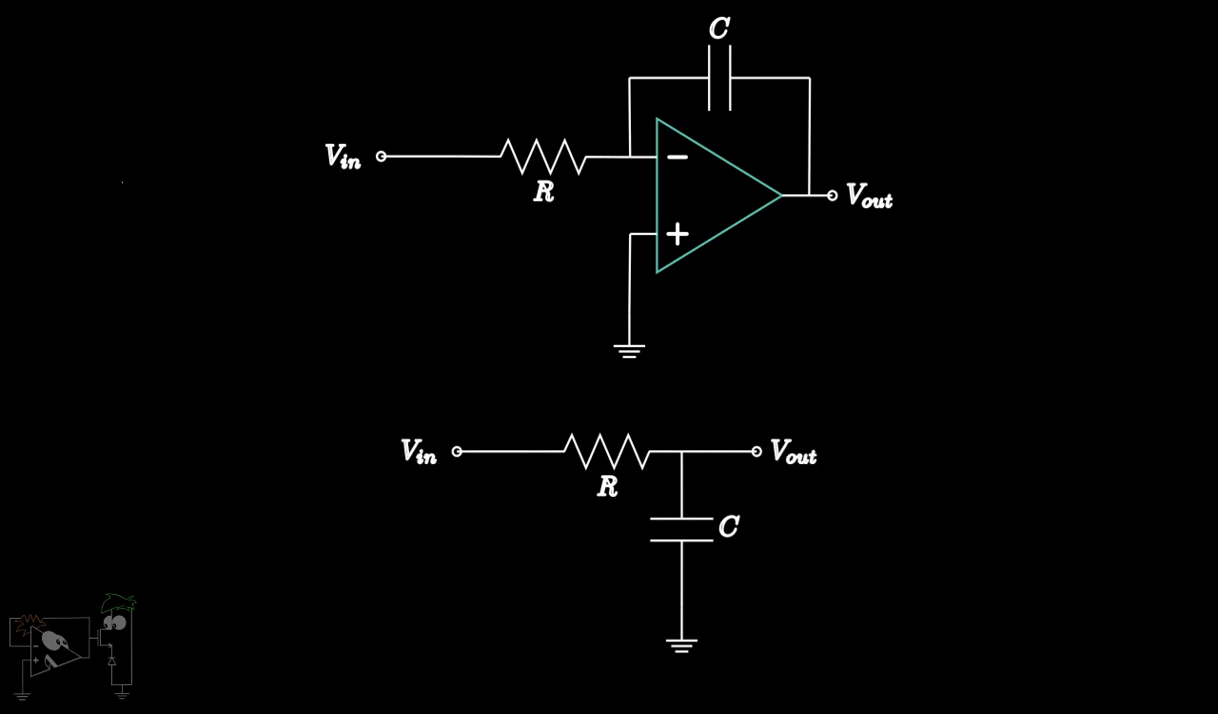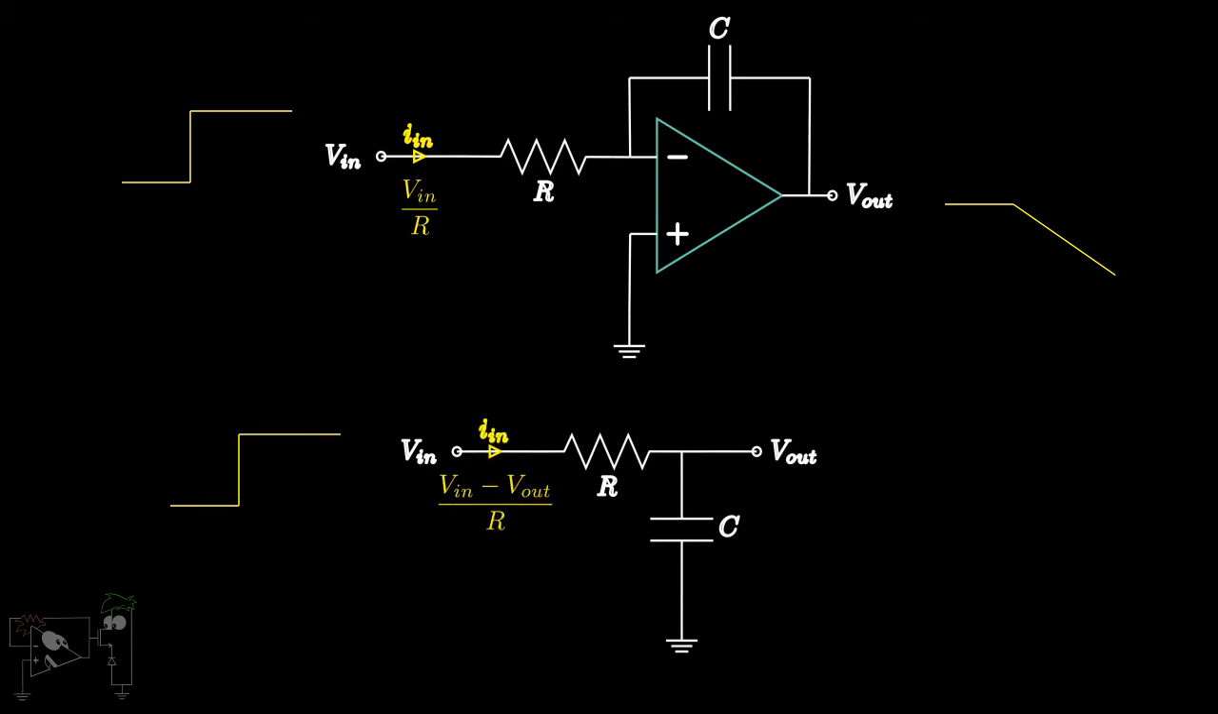If we give a step input to the op-amp-based integrator, as illustrated, the integrator forces a constant current equal to Vn by R, through the capacitor, which is integrated by the capacitor. On the other hand, the RC filter creates a current equal to Vn minus Vout by R, which decreases as Vout rises, leading to an increasingly slower voltage variation across C. This leads to an exponential response rather than a ramp, which is what you would expect if you integrate the